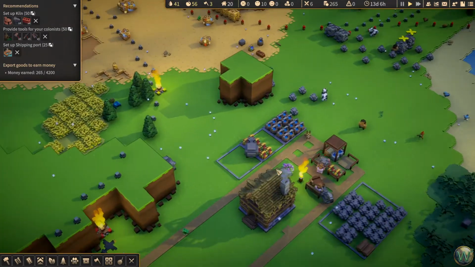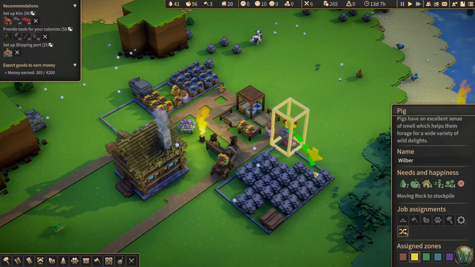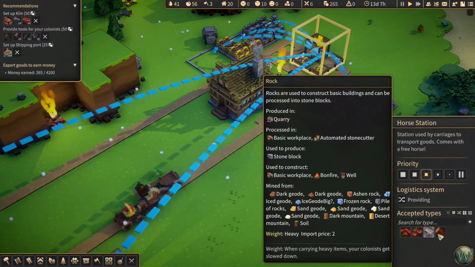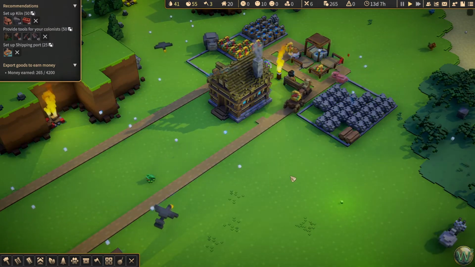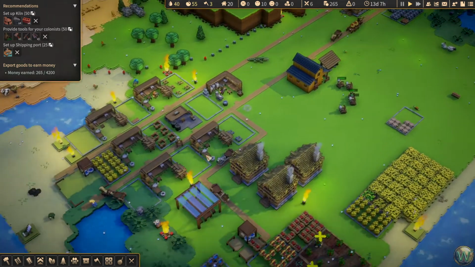Is this working? What is the pig up to? Pig's dropping off here. I'm still not convinced that the stone, the rock, and the wooden logs are working. Are shipping out. They seem like they're only...